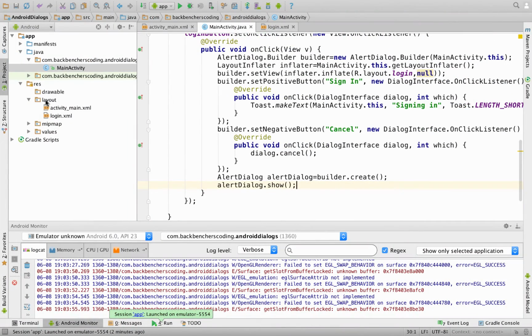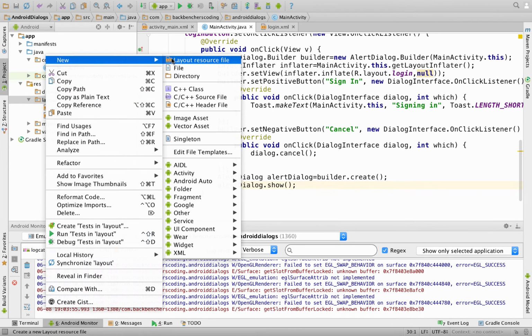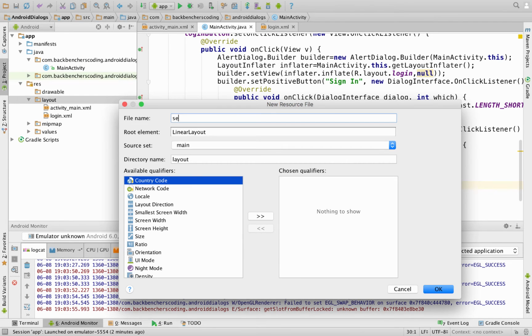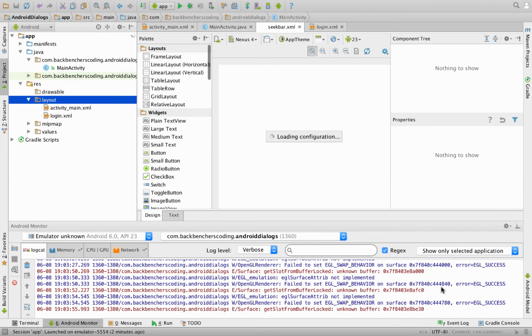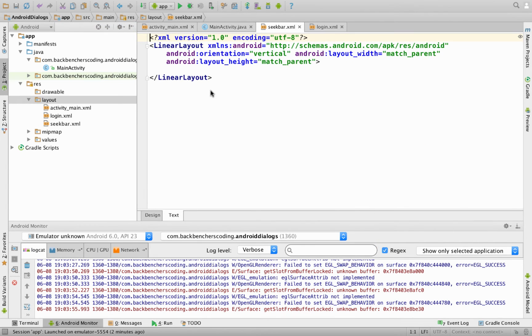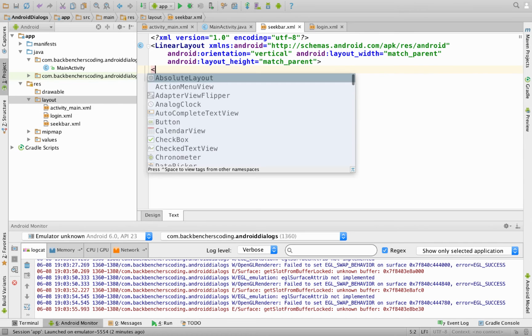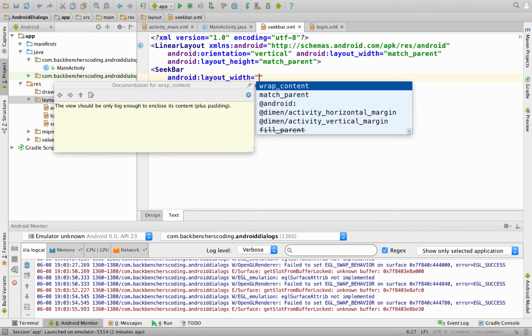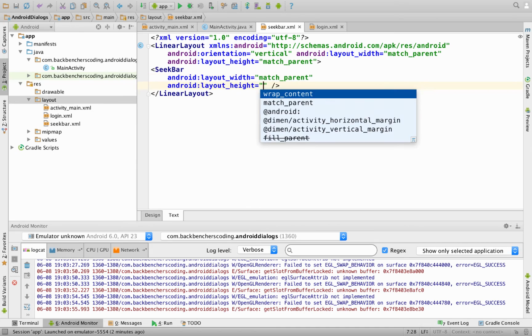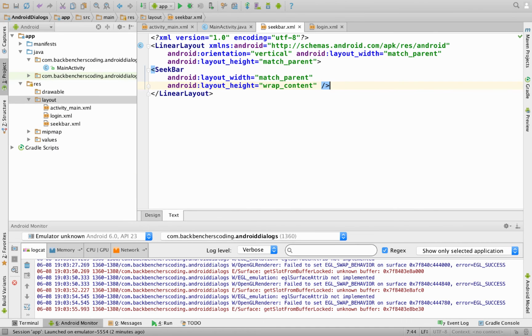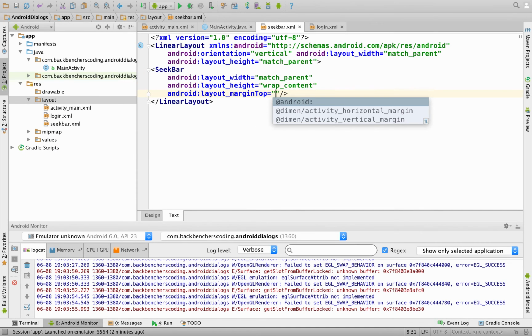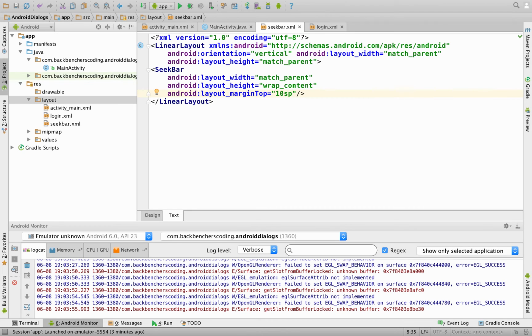For that we are going to create another resource file. So new layout resource file and name it as seekbar. Click on OK. Within the text tab we need to write a SeekBar, its width as match parent, height as wrap content, margin top as 10sp and id as seek.